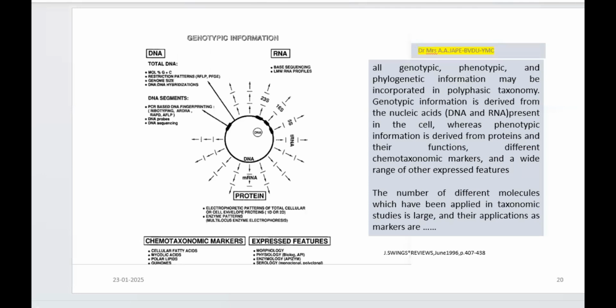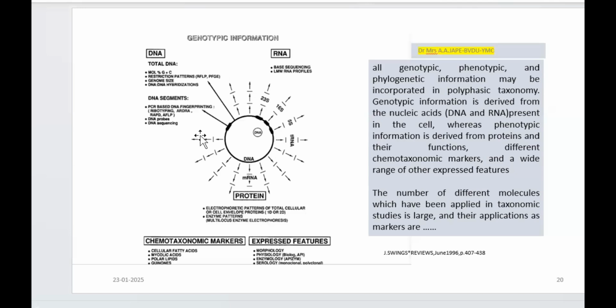Here I am presenting a summary diagram which tells you about various methods or tools that are utilized to gain the genotypic information when classification is the ultimate aim, right? So when you talk about the three major components related to a bacterial cell, proteins are important, RNA is another one, and DNA is one. So total DNA or total DNA segments can be analyzed to extract information for taxonomic positioning of that bacteria. So let's see what those are.